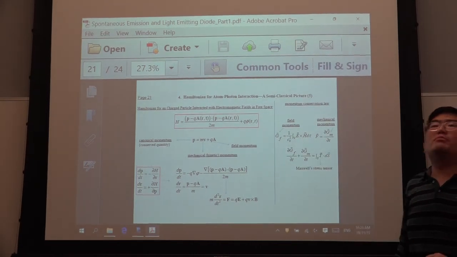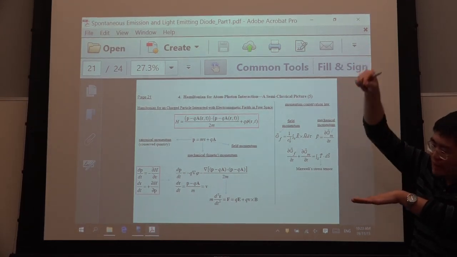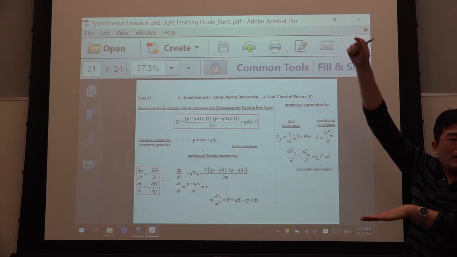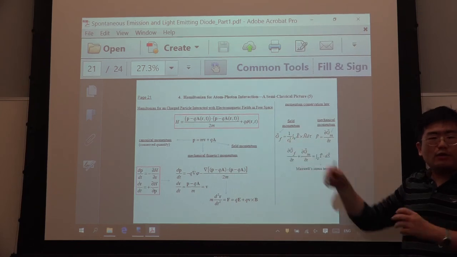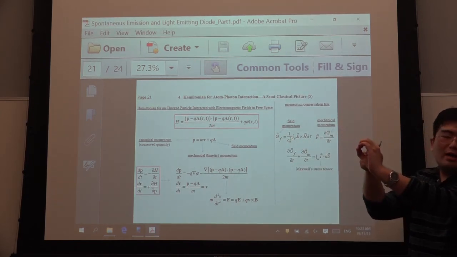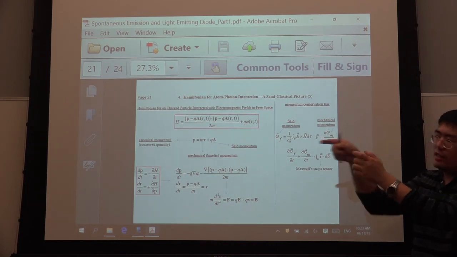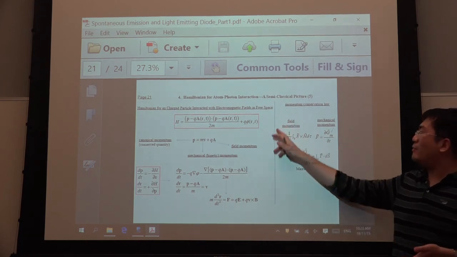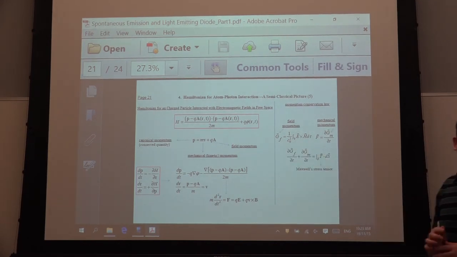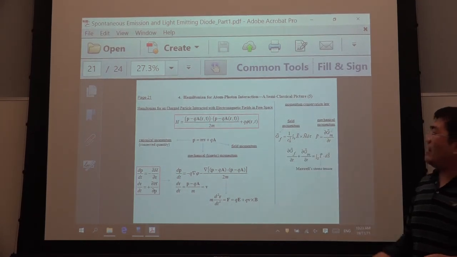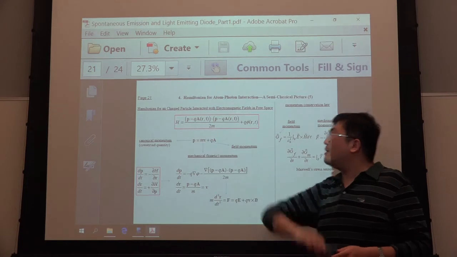What is the meaning of field momentum? I talked about it many times. Consider light, which can be seen as a particle. If a particle goes to a surface and reflects, the surface will move. This is field momentum. If light, like a particle, is absorbed by the material, it can also move it. This is a momentum transfer. It's similar to the Poynting vector, E cross H over c squared. So qA here is the field momentum, mv is the mechanical momentum, and the P here is the canonical momentum.